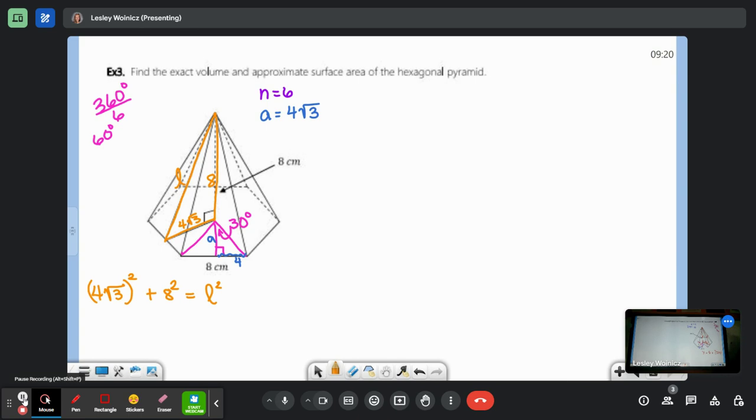What? I got a 3. I'm not surprised because when you square the root 3, the root goes away. Oh, yeah. So 16 times 3 plus 64. Yeah, 112. I mean, that's really good. Okay, so that equals